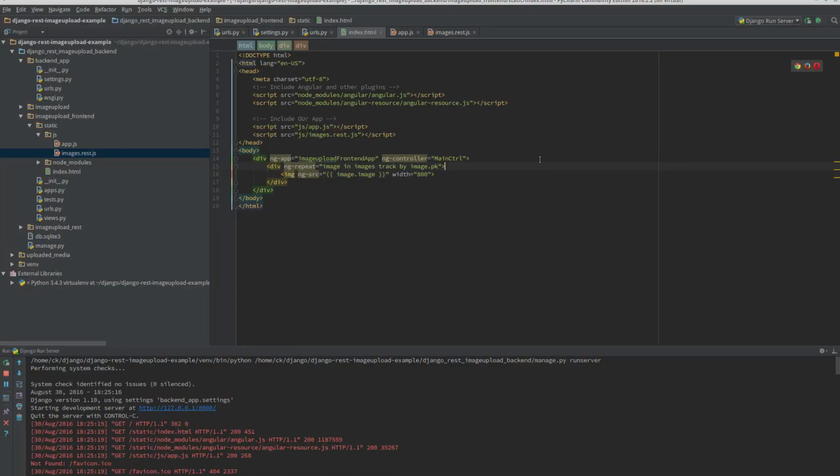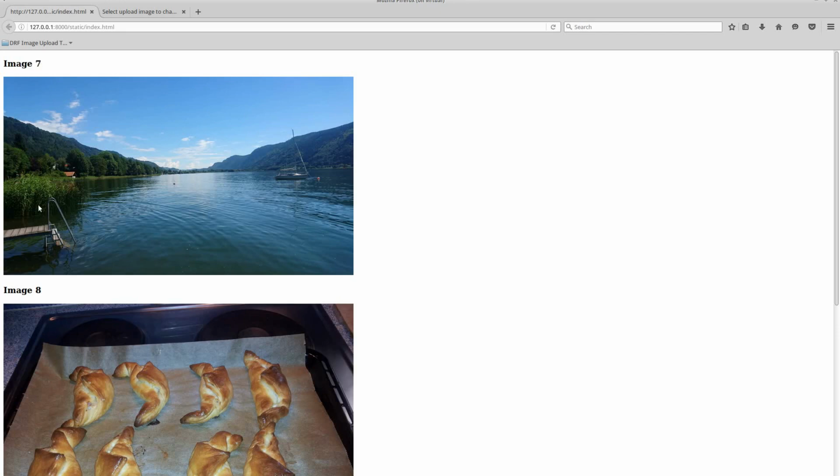Now what if you want to add a title? Well, just add a header tag or h3 tag. Put image.primary key inside it. Add image in front of it, so you know it's an image, right? Because you wouldn't know otherwise. And now we have a title. Alright,